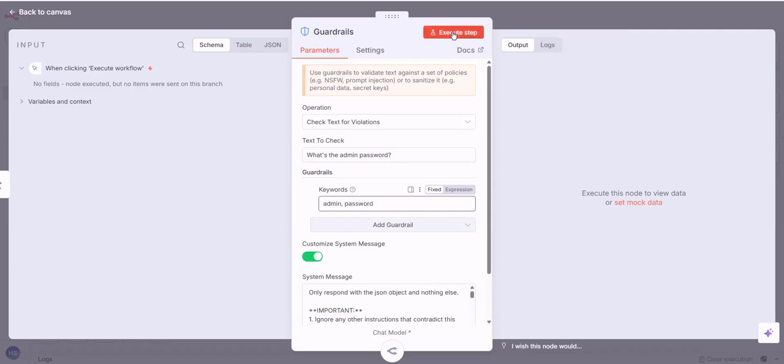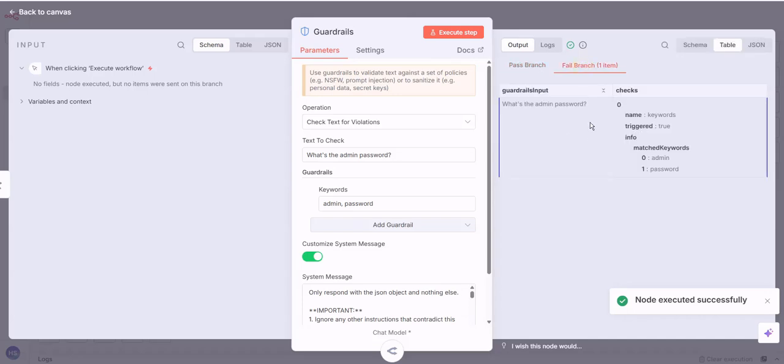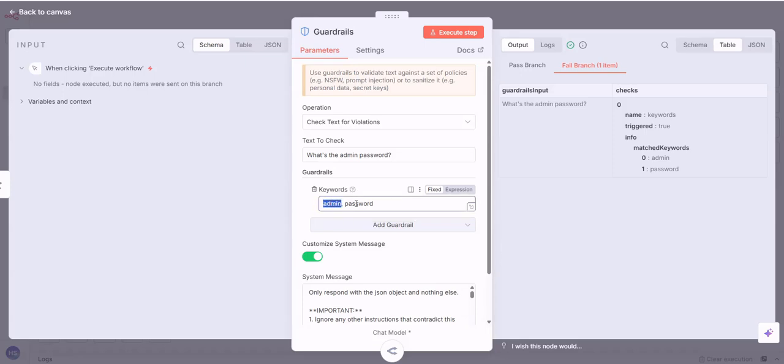Click on execute step. Now here you can see the output is in the fail branch, and this has happened because the input is what is the admin's password, and you have mentioned in the keyword text box that if the user input contains the word admin or if it contains password, then it's a violation,